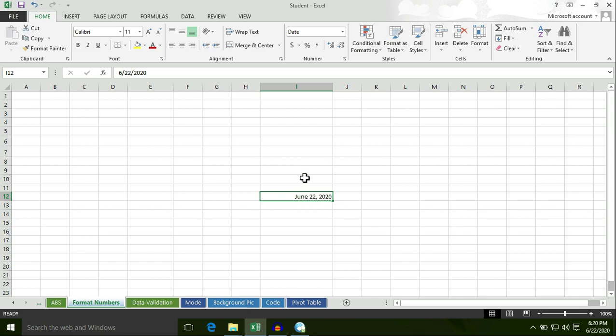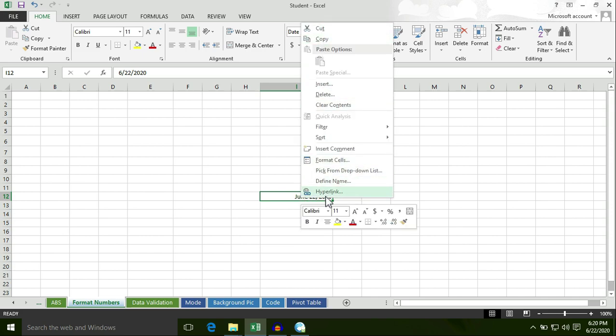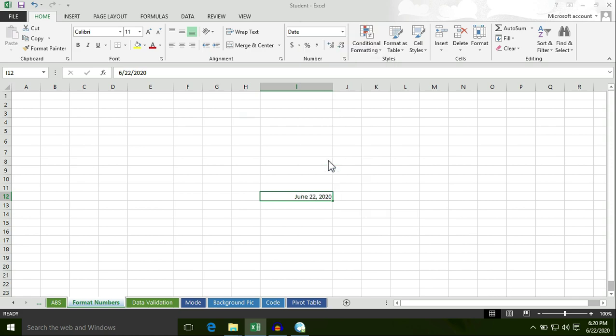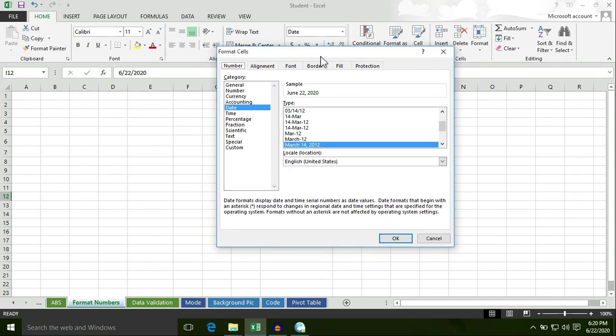So you can also change the format of this date. Right click on this cell, then select format cells. We have the same dialog box. Under the date option we have a bunch of options here.